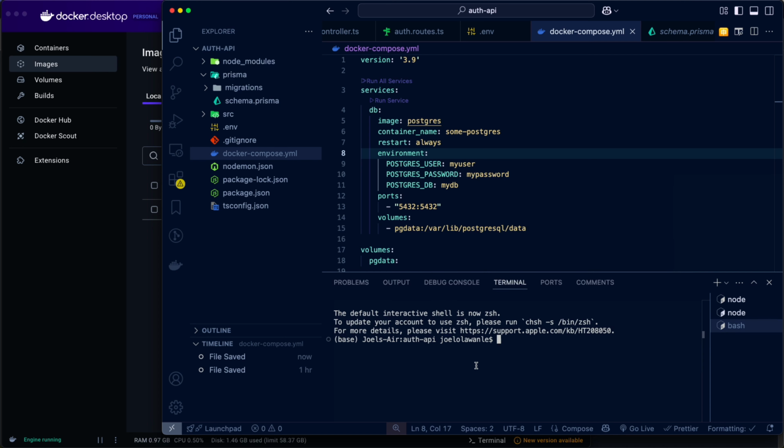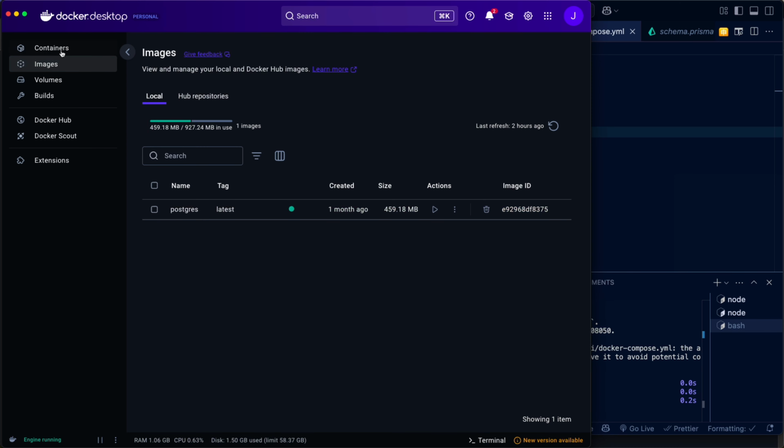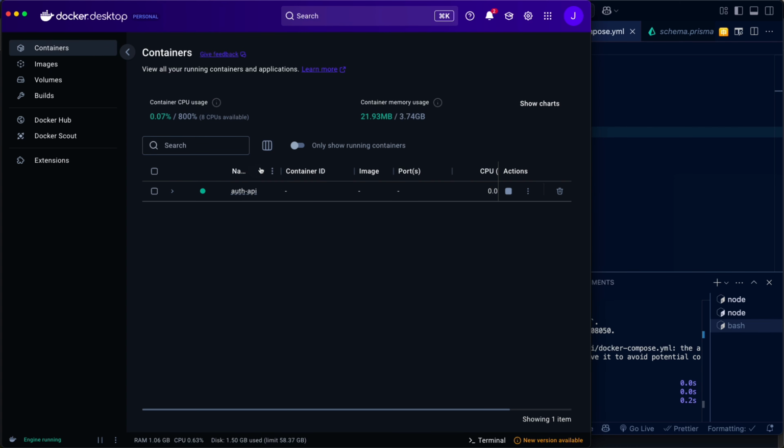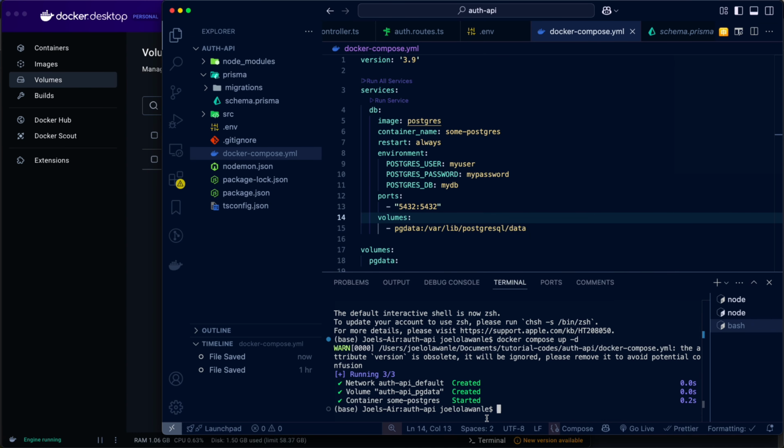So I'm going to spin up another terminal, right? And then you're just going to make use of docker compose in the root of your project, up -d, and once you run this command, it's going to create the volume. Now it's attaching the root of our project. The name of our project is auth API, so yeah, just attaching that. Then it created the container using the container name that we created here. And now when you go back here, you see the container is created. When you go to volumes, the volume is created,